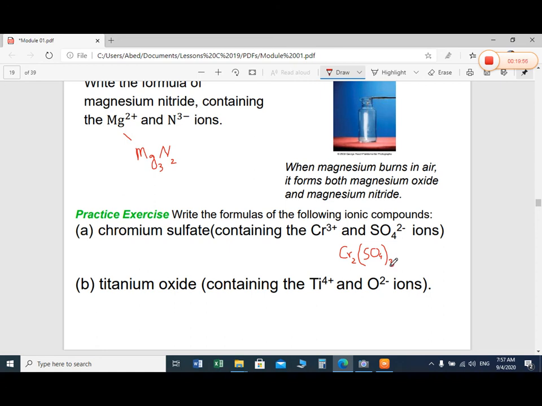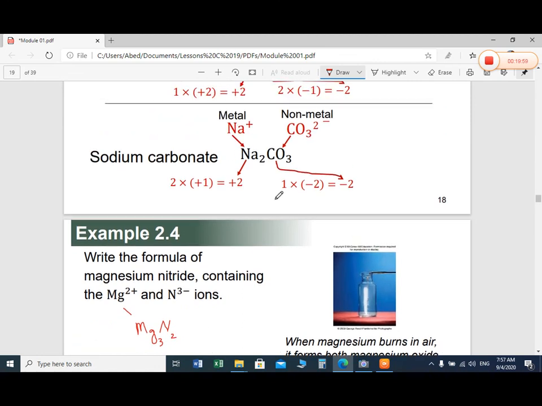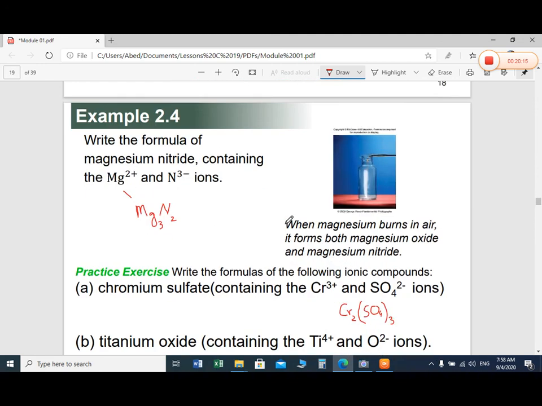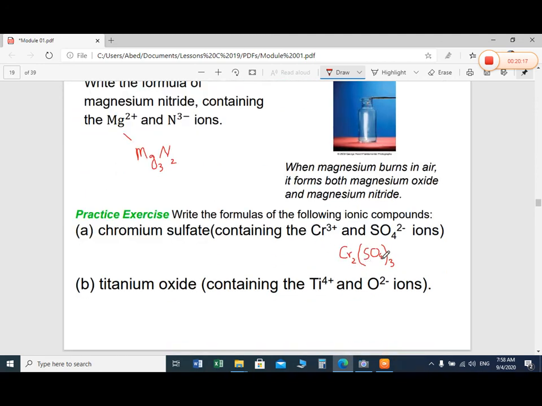One more thing here: in carbonate we didn't use the bracket because there is only one anion of carbonate, for which we don't need to use the bracket. But if it becomes 2 in other examples, we have to open the bracket and close the bracket and then write the 2, like sulfate. We have 3 sulfate here, so we close the bracket and write the 3 outside the bracket.